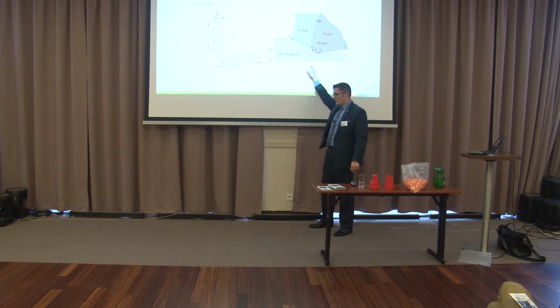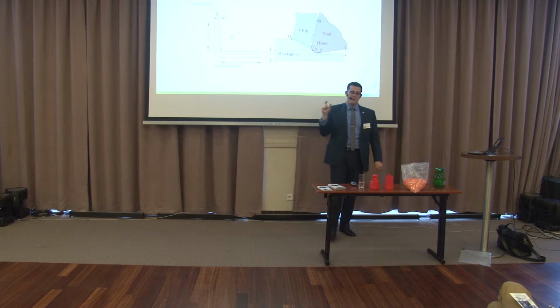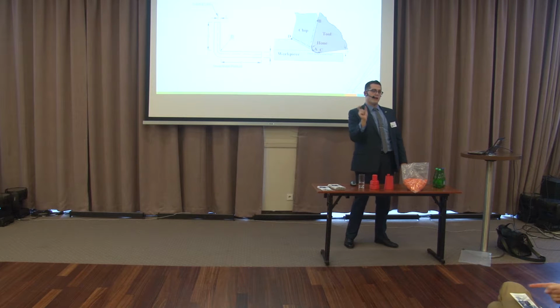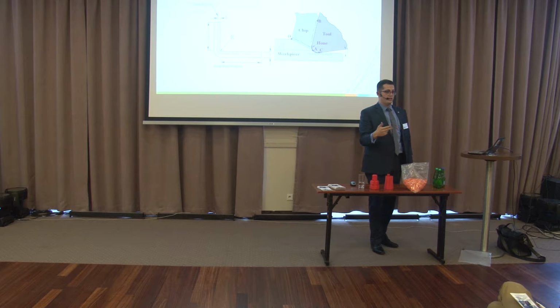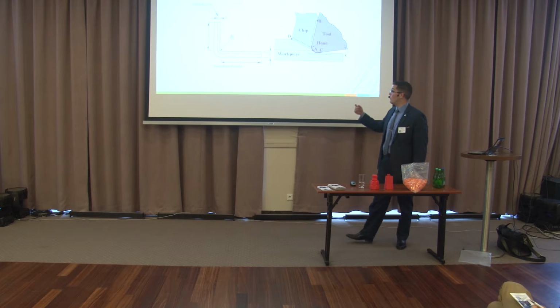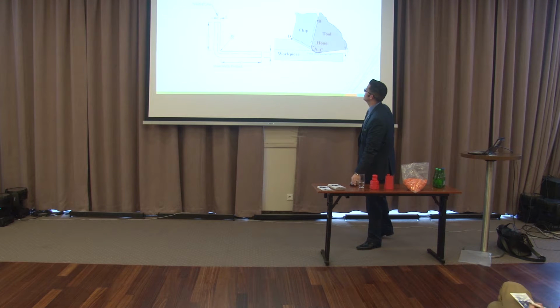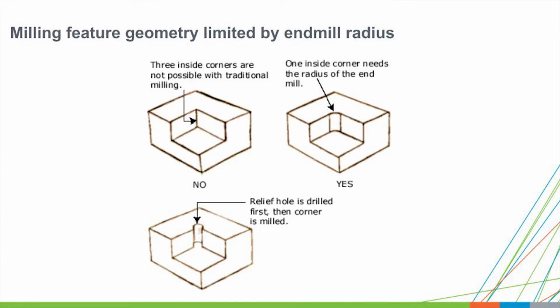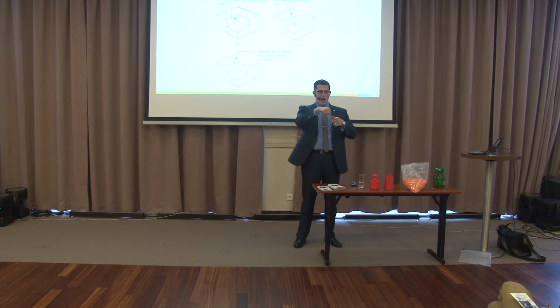With CNC turning, the minimum radius or the minimum feature that you can achieve is the radius of the tool that you're using to cut. And that's the exact same thing for milling, which is what's on the next slide here. With a milled object, let's say I have a solid block of aluminum and I want to create a pocket inside of it,